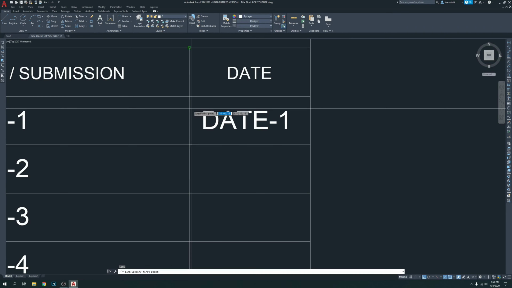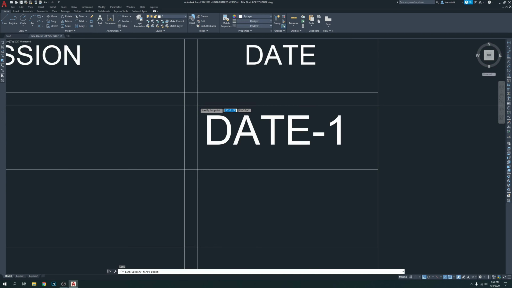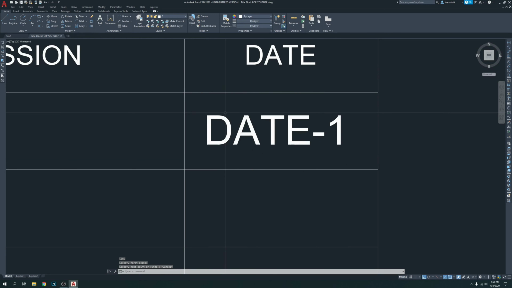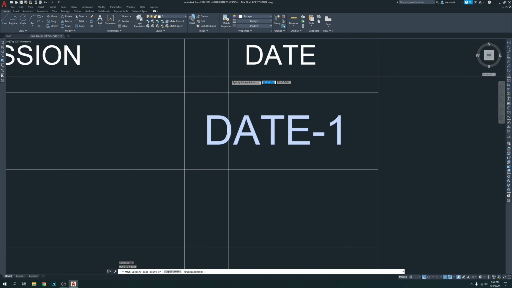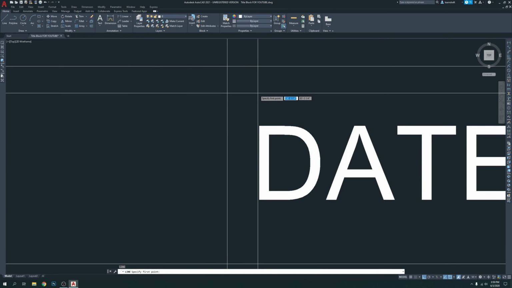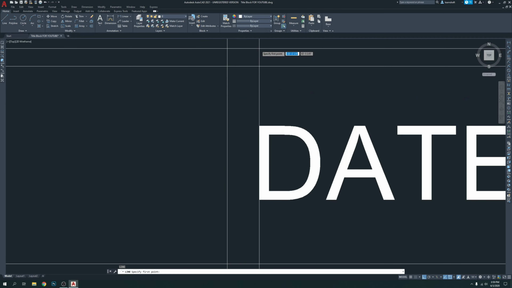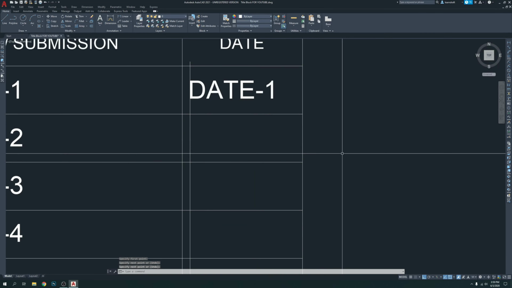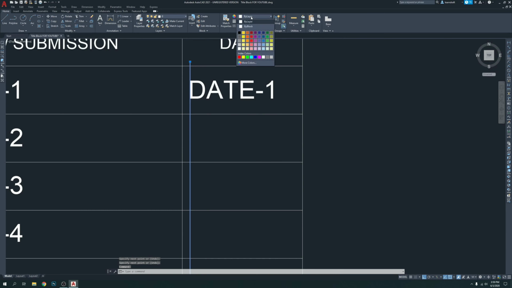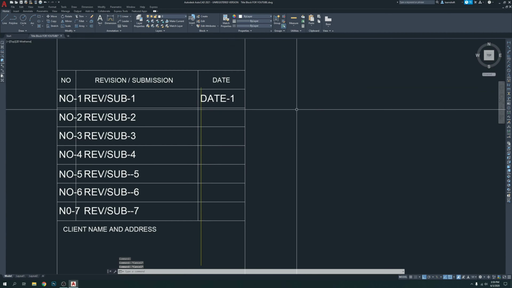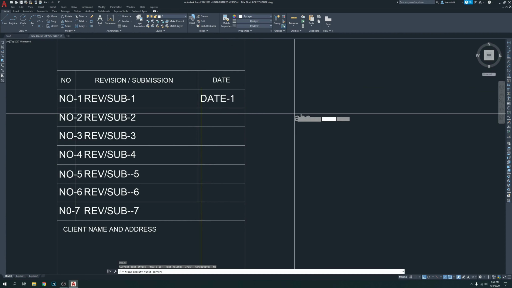Now L, enter, just to make sure. Actually I'm going to bring it a little bit more closer because sometimes it needs more space on the right side. Left justification, that's why. So this is a line going to help us to align them, and here's ATT, enter,